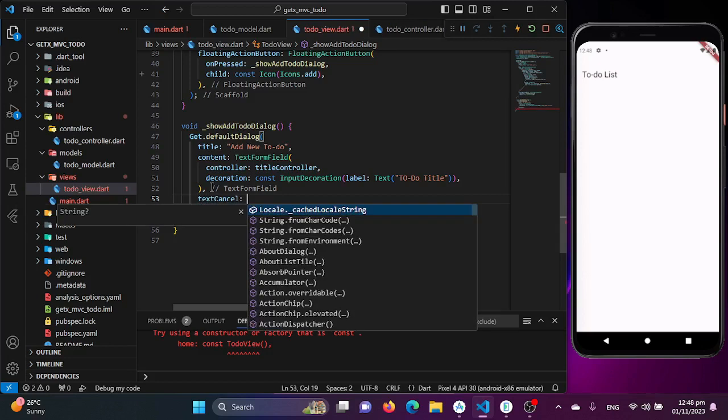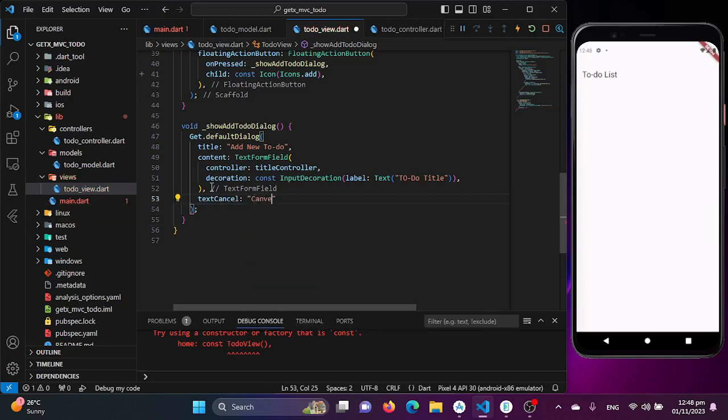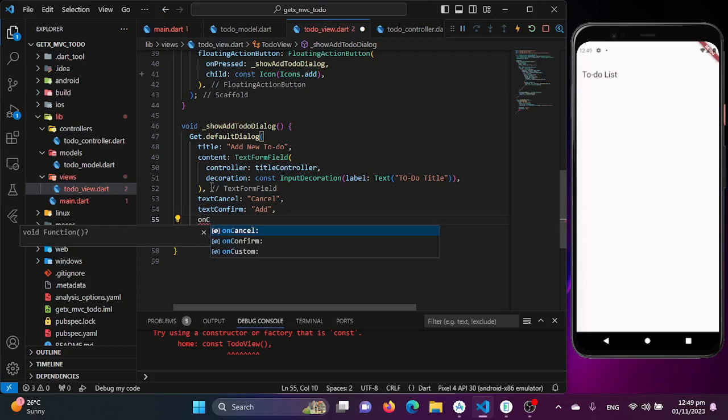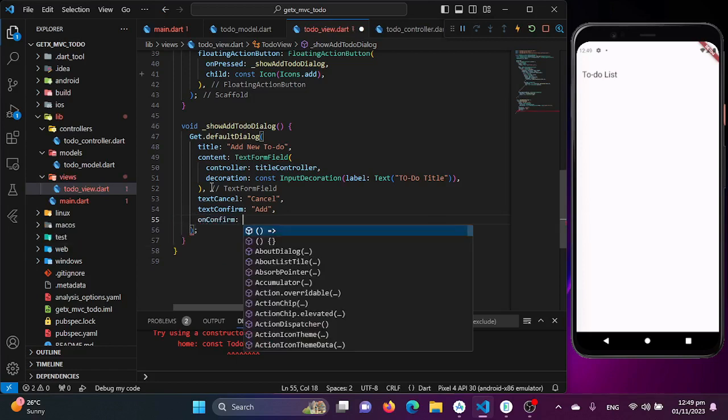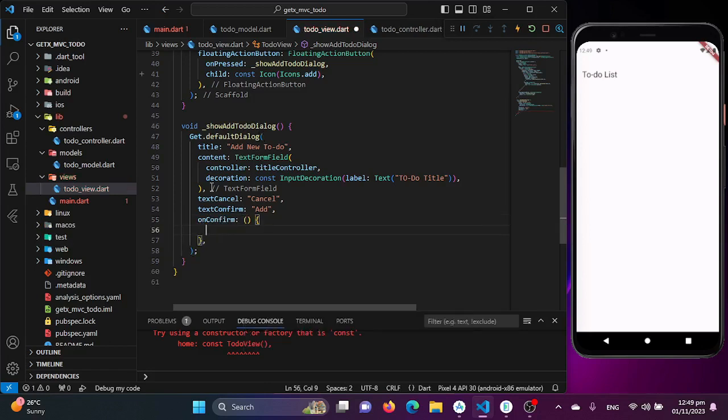With the text cancel button will be cancel, and the text confirm button will be add. Now we will be implementing what happens if the confirm button is clicked, so we will be performing some actions. So on confirm we will be creating a function here, and we will be adding the final